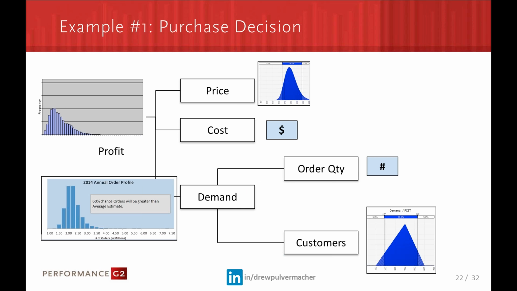This is part of what a PA model would look like in this case. So price, that $15.75, yeah, that could be the average. There could also be something behind there as well. And customers, I may not know what the customer profile looks like, what the customer demand pattern looks like, but at least we know there's maybe 100 people that come in here at minimum. Yeah, average, most likely 400, and maximum 600.